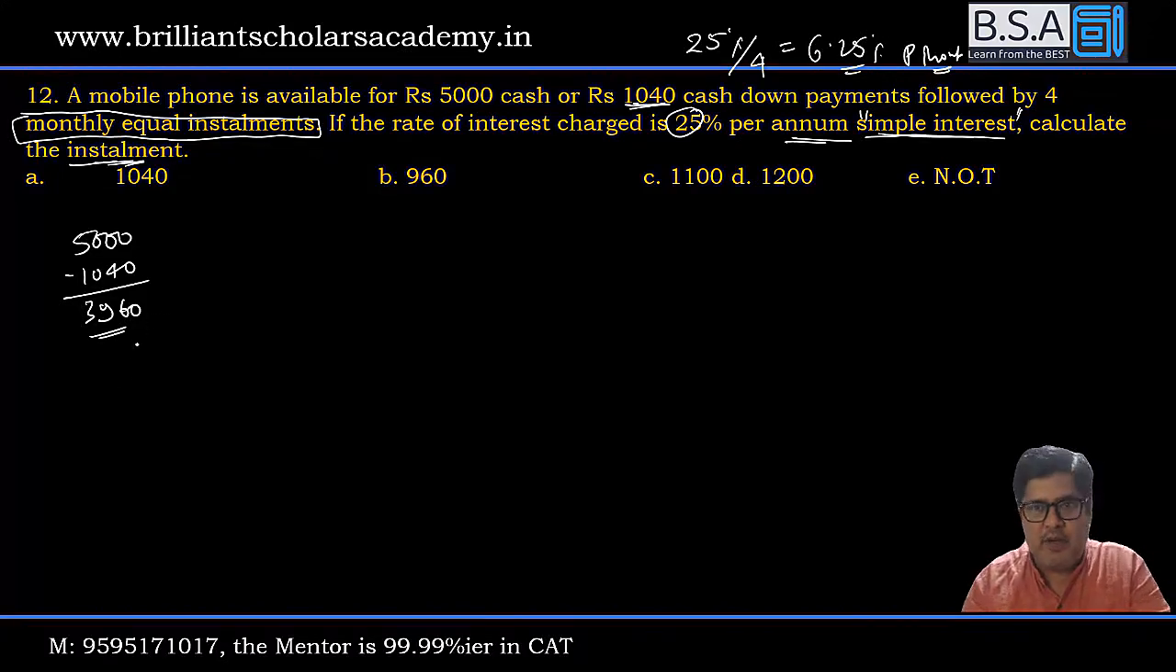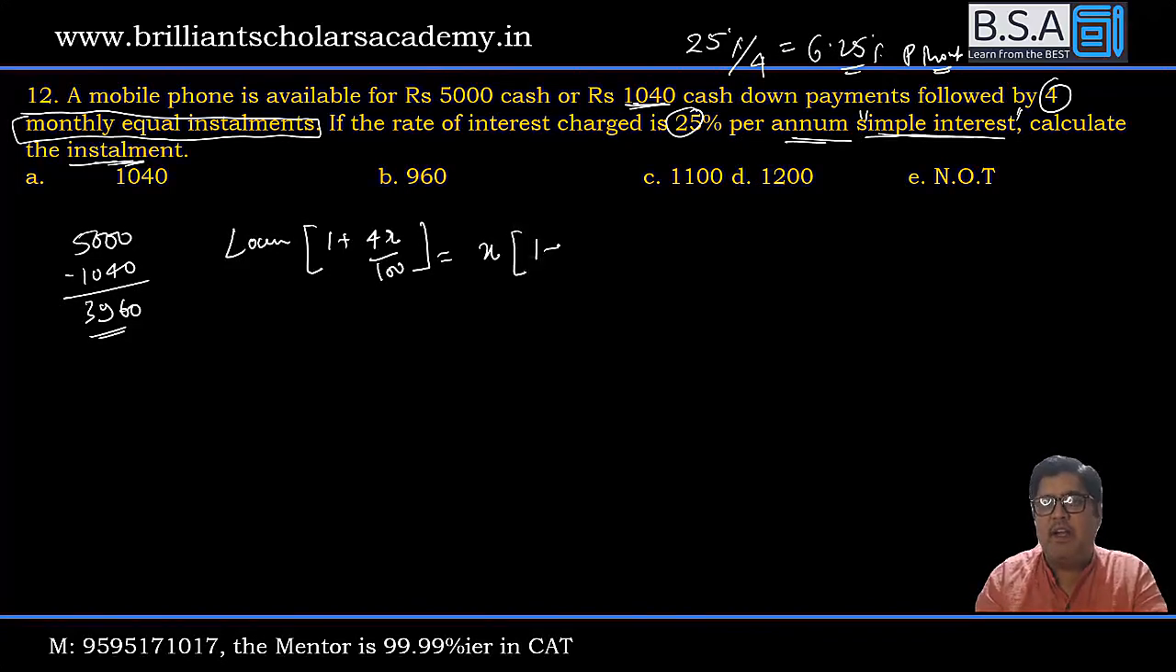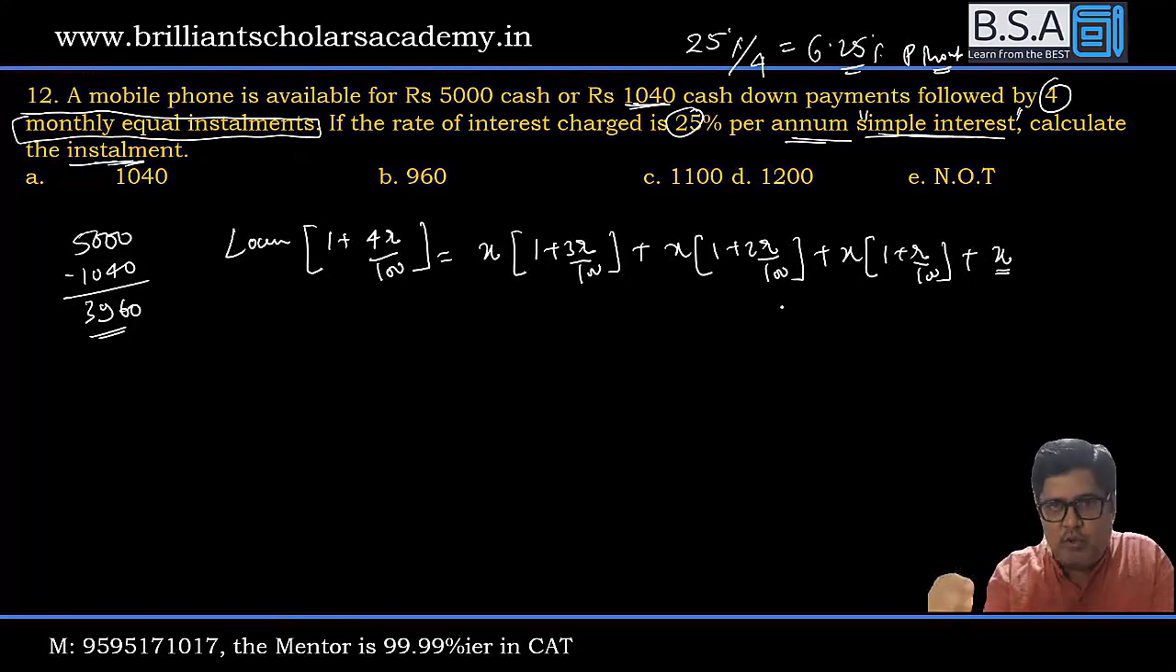The formula approach will remain same. It will be loan multiplied by, because there are 4 monthly installments, 1 plus 4r upon 100 is equal to first installment into 1 plus 3r upon 100, 1 plus 2r upon 100, 1 plus r upon 100, and when the last payment is made, we say done. So once you know this approach, once you know this writing pattern, and you know the value of r,